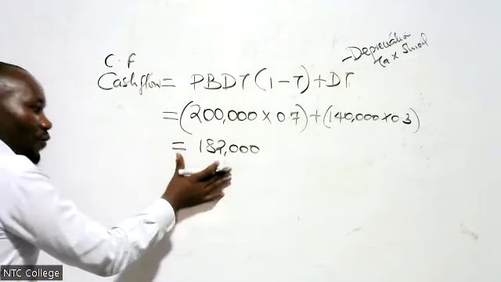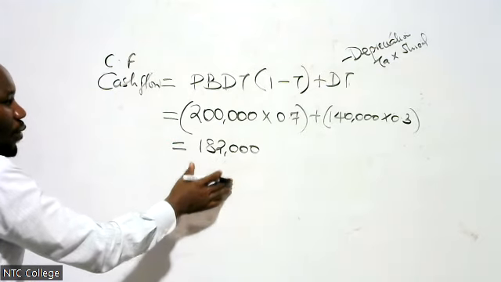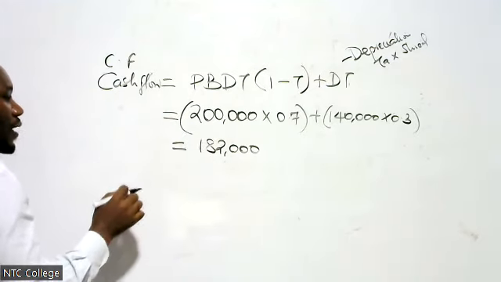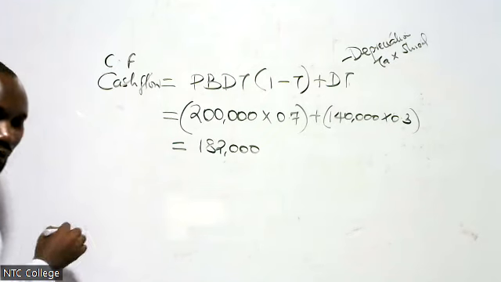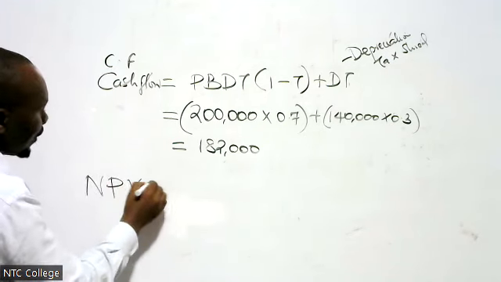Now, if this cash flow is there annually, as guided by Roman 2, we can use this other formula to get our NPV. How do we do it? We say now that NPV is equal to